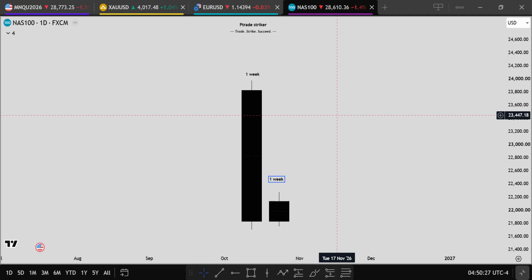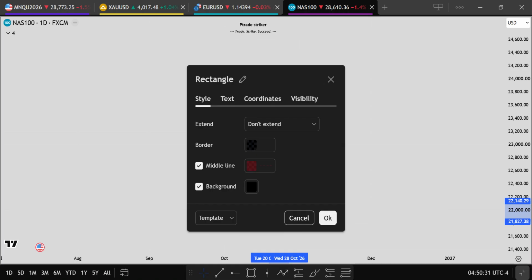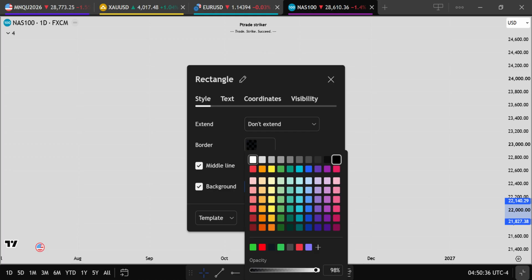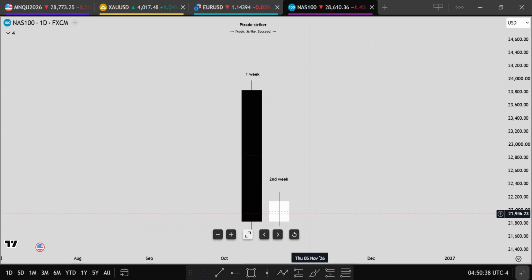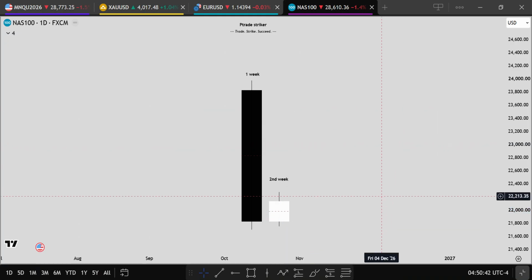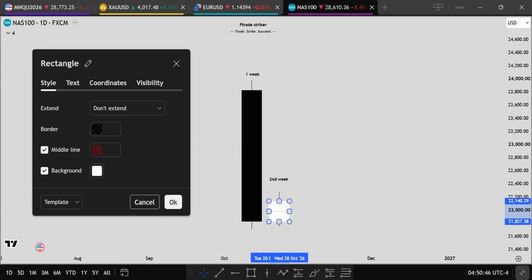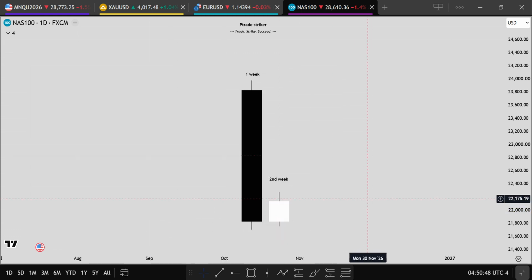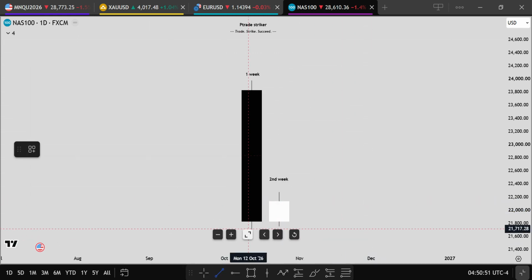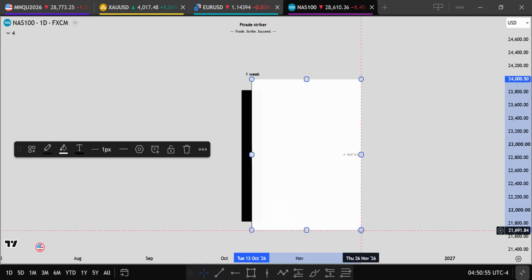But here you can see this is the weekly time frame. This is a weekly bearish candle, and this is the second week candle. Let me mark this in white color. Okay, this is the second week candle, right? So now if I ask you whether any range got activated, then your answer is no, right? Why? Because we all know that we just mark the candle high and candle low, and then